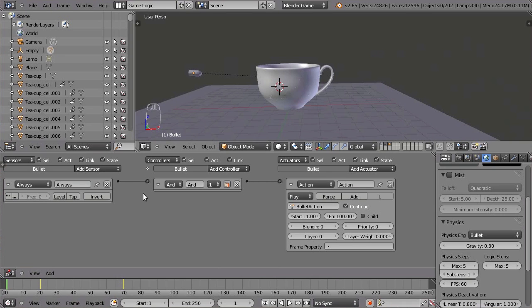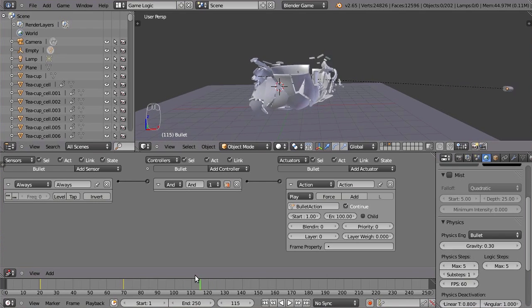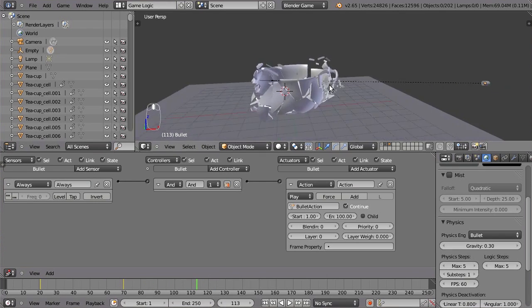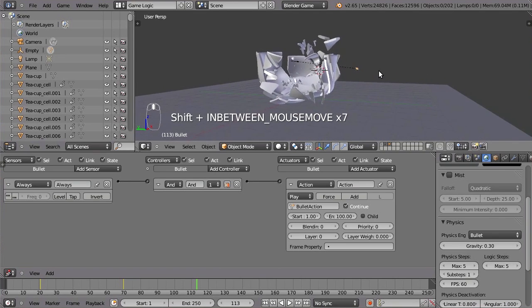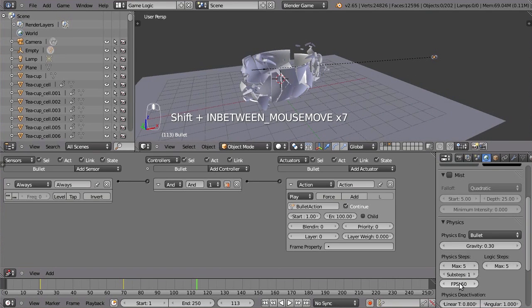Okay, let's test this. And it looks like nothing happens, but suddenly, with a great delay, the shards are being hit by something, some ghost bullet. So the reason for this is right now the frames per second of the simulation is 60,